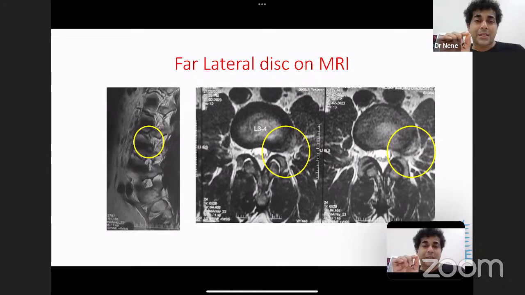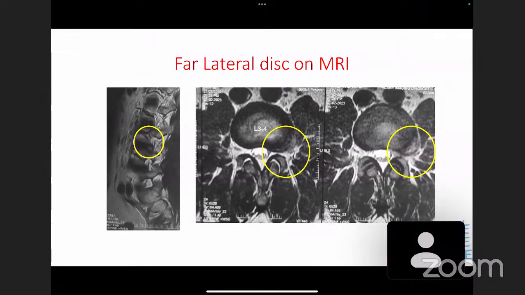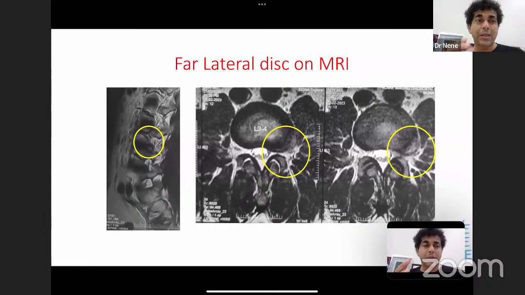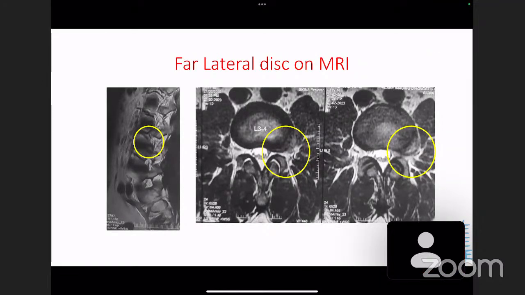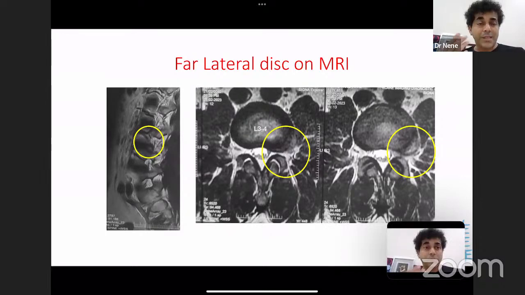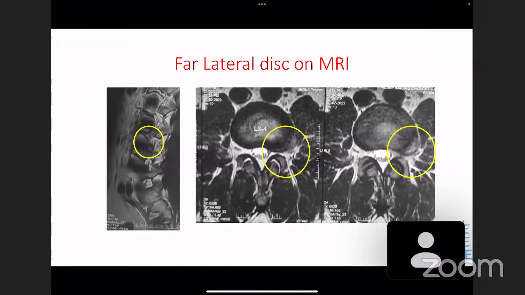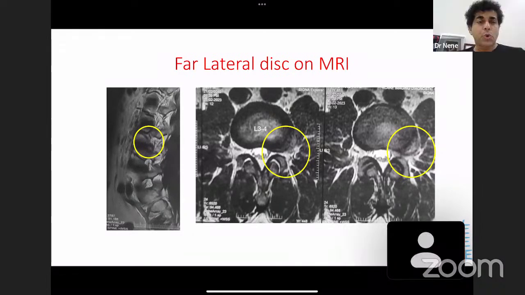Now this disc touches the ganglion, and hence the typical symptom of these far lateral discs is extreme pain, but no neurology. They very rarely get neurology because the ganglion is being inflamed, but the ganglion is not in the canal, so it has space to move. So there's no real compression of the nerve. It's just inflammation of the nerve. That's the funda. And selective nerve root injections sometimes help. The surgical approach is a Wiltse approach where you can directly